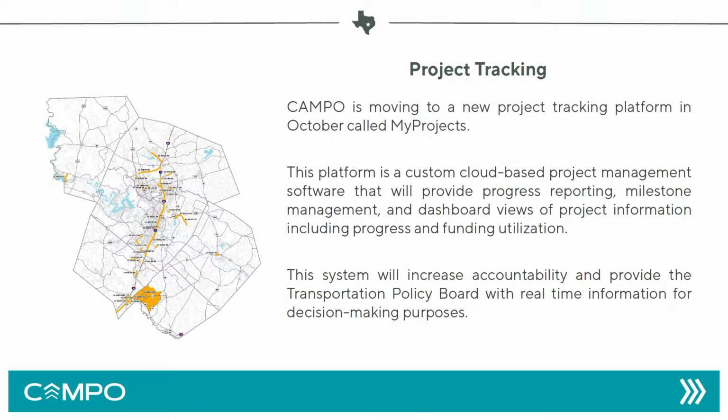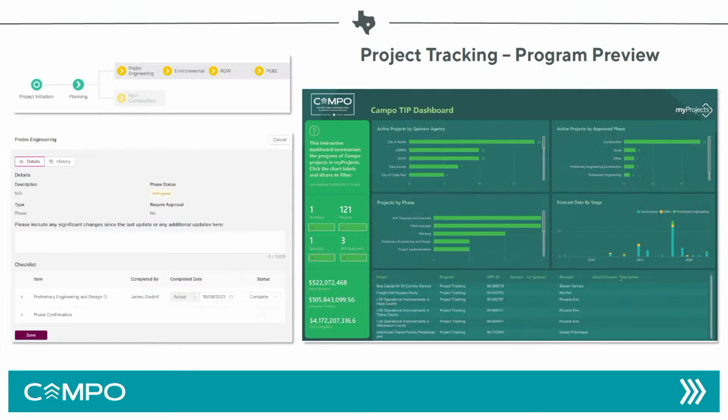But crucially, and I'm going to show it on the next page, it's going to have dashboard views. The one on the right is just an example of what it's going to look like, but the project dashboard is really what I'm going to pull up during the quarterly progress reporting, because this gives you that bird's eye view of exactly where our projects are in the region, which ones are moving forward, and I think crucially it's also going to allow us to see which ones are at risk of falling behind,